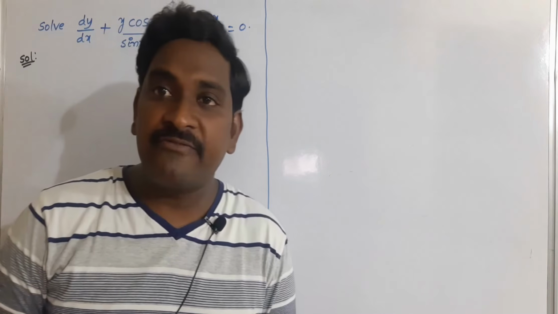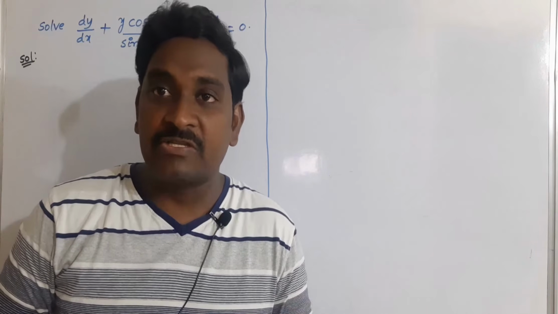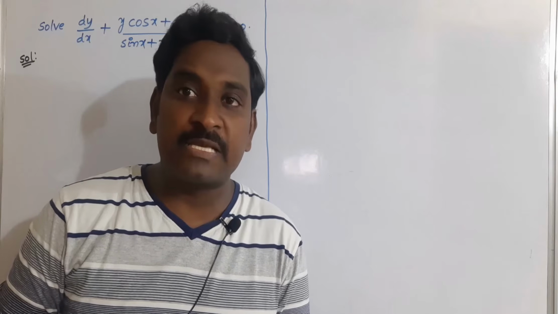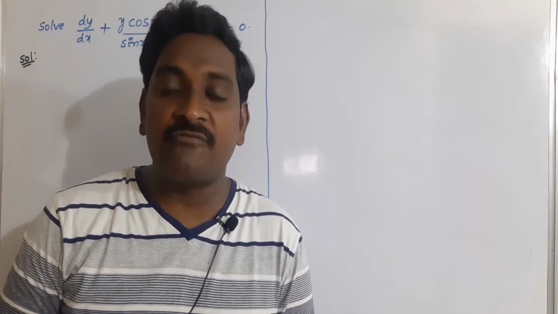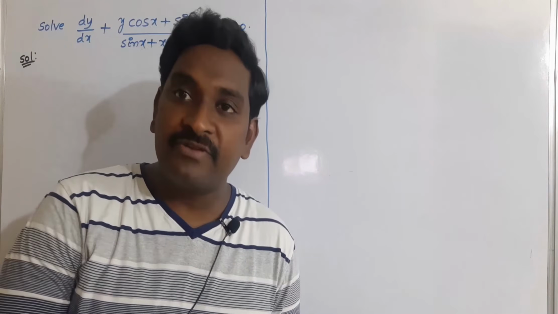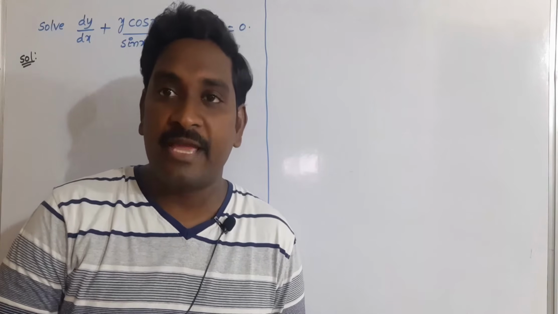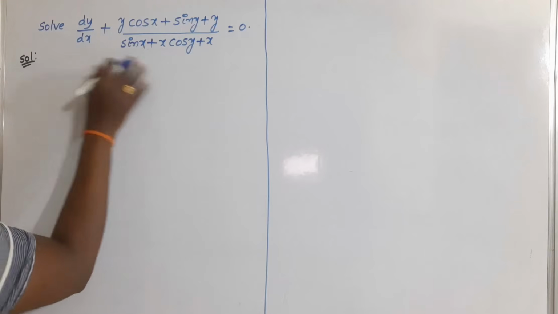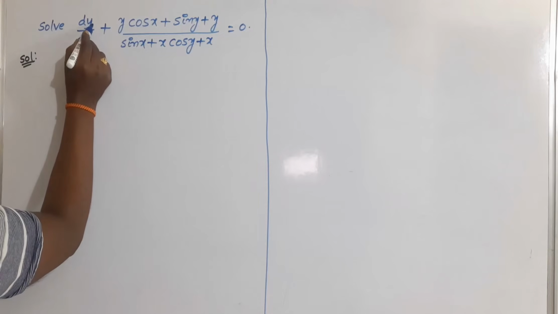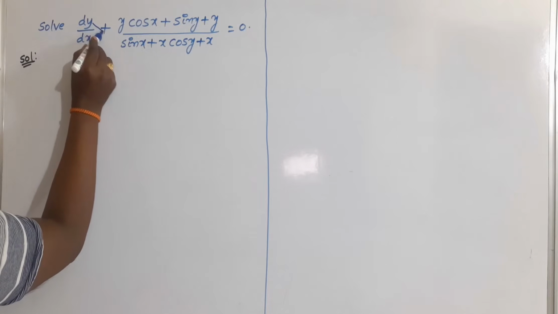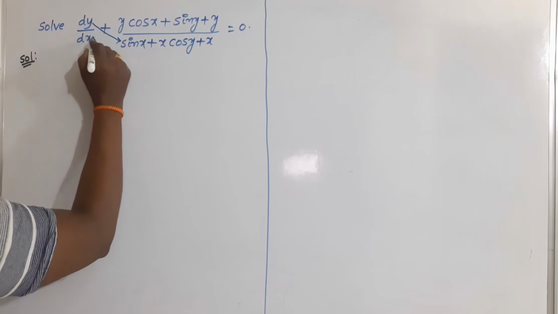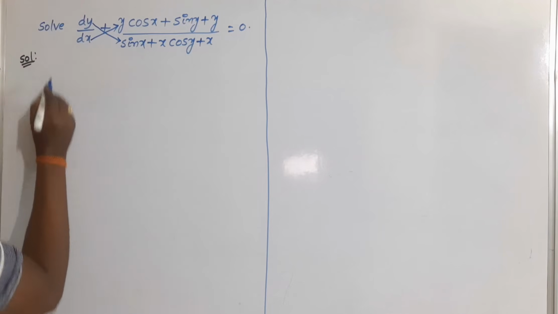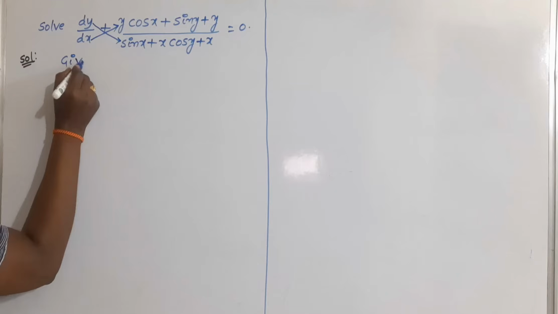Here the given differential equation is not in the standard form of M dx plus N dy is equal to 0. So first of all we should reduce the given equation into the standard form of M dx plus N dy is equal to 0. For that purpose just rearrange the terms. You should multiply the dy with this term and dx with this term. So the given differential equation can be written as